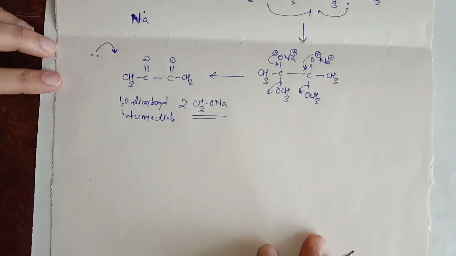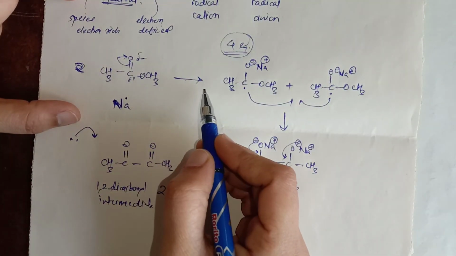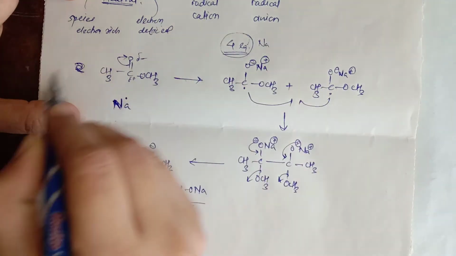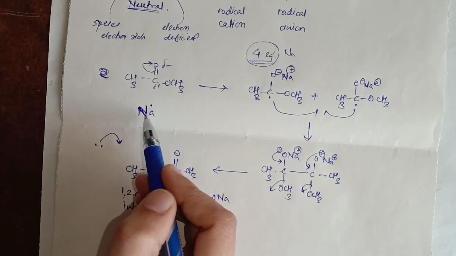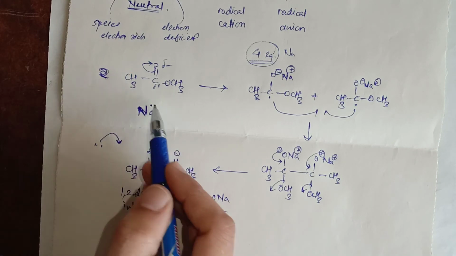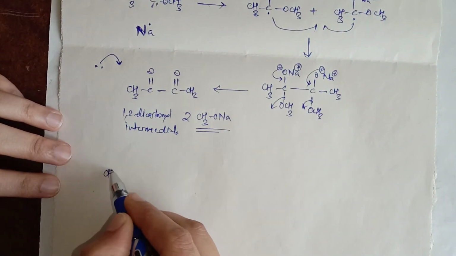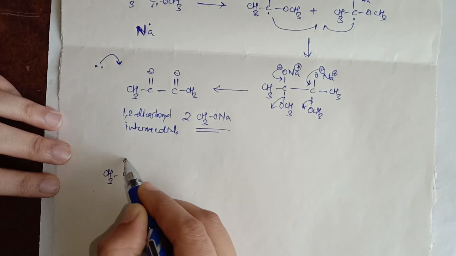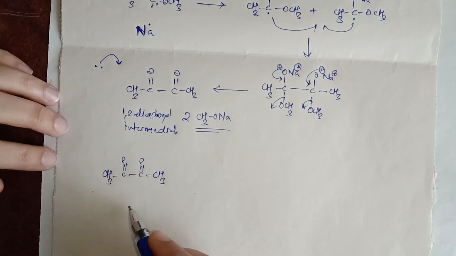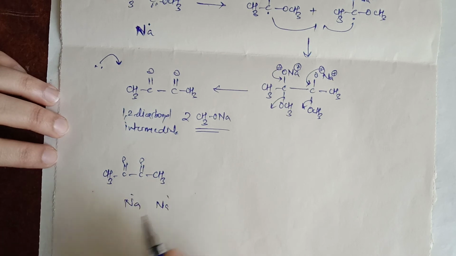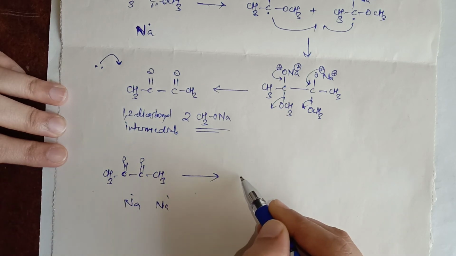Then in the second reaction, the next process, firstly, as I said, we are using 4 equivalents of sodium metal. So 2 equivalents of sodium metal we use first, right? One sodium for this carbonyl species, and the second sodium for the second carbonyl species. Now on this carbonyl species, the dicarbonyl compound we are getting, this one is the 1,2-dicarbonyl compound. Now we have 2 sodium metals, so each sodium will give its electron to each carbon atom, and you will get this type of species again.